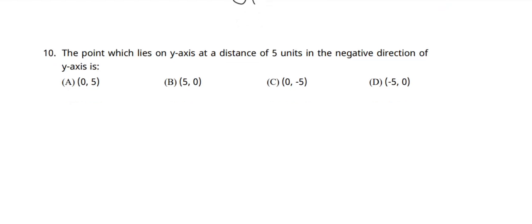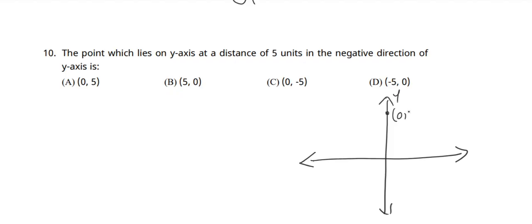Next question: the point which lies on the y-axis at a distance of 5 units in the negative direction of the y-axis is dash. The point lies on the y-axis, so the x coordinate will be 0 and the format will be (0, a). And at a distance of 5 units in the negative direction of the y-axis. So the y-axis is here, y dash, and